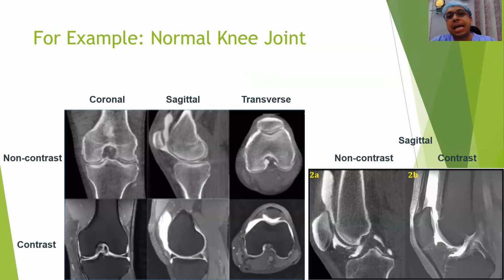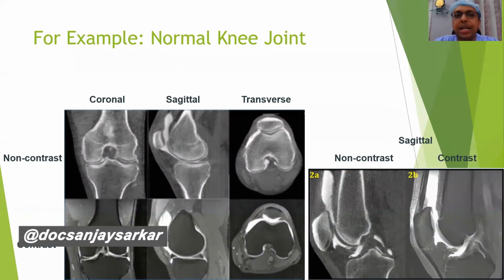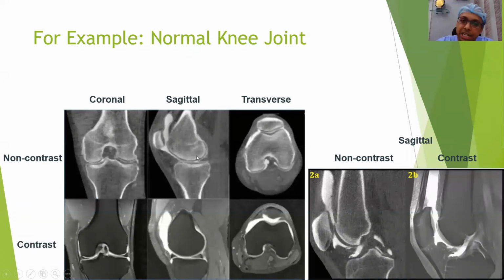So this is an example of a normal knee joint and what you are going to see if you are holding CT scan data. It can be a coronal segment, sagittal segment, or transverse segment. As I told you earlier, you probably will check the transverse segment, and then either coronal or sagittal. It's not that you cannot; it's just that you don't need to spend that much time on another view. With experience, you don't need to, okay?